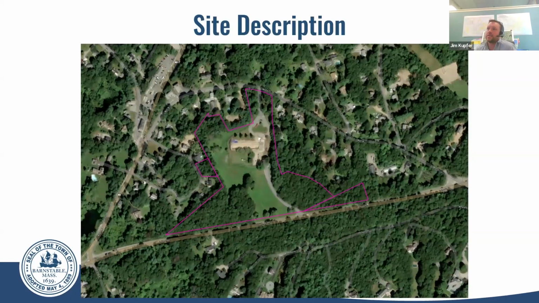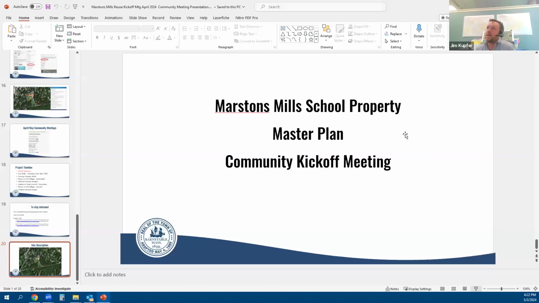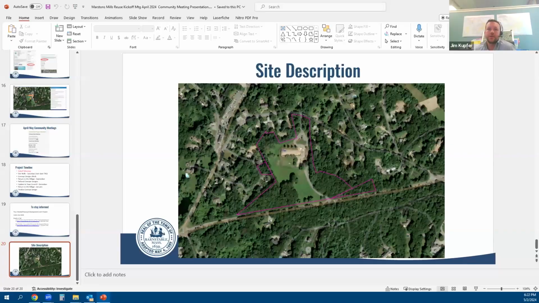And I'll close with, again, just this aerial here. This is our site extents, what we're looking at. But tonight, it's really not meant to be about me and my comments. It's more to hear from you all. So please, if there's any questions, I'm happy to answer those now. And you can just raise your hand, I believe, or just unmute. It's a small crowd, so we can take it as they come.